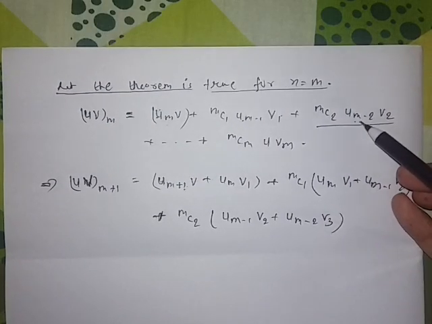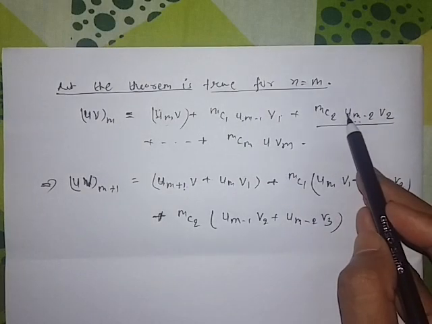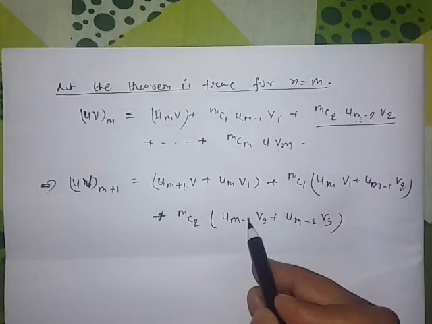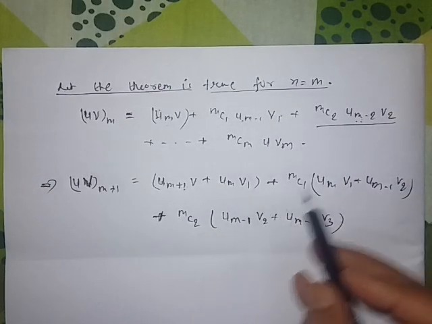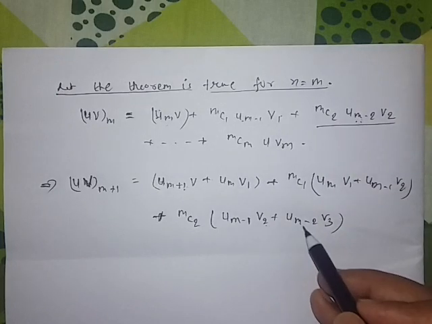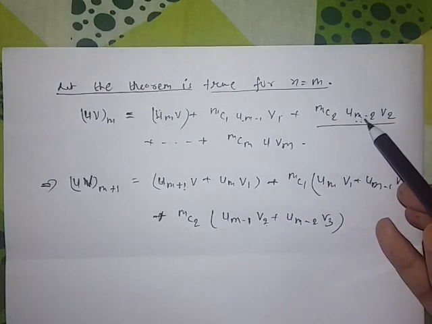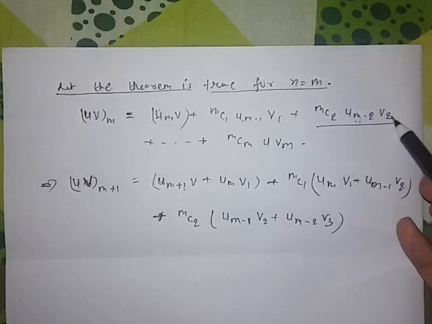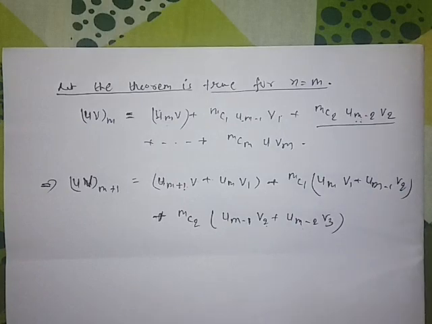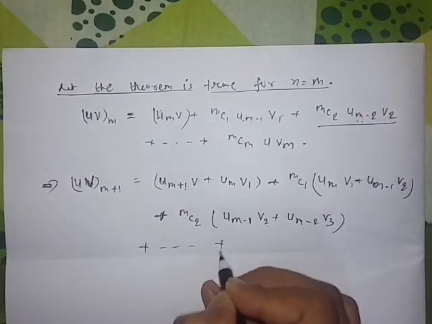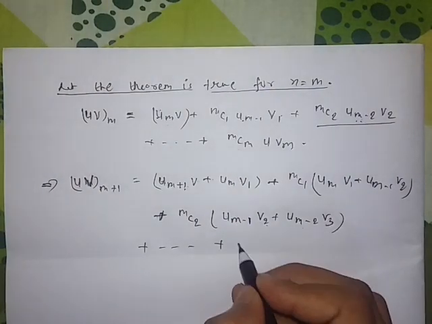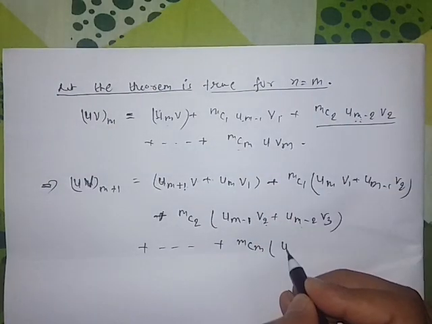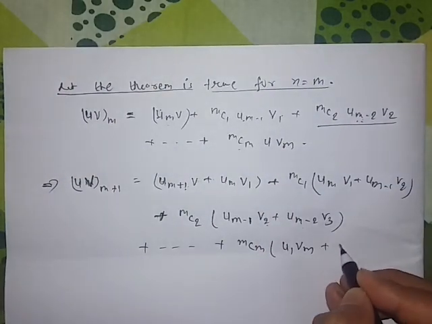Again we differentiate the first term, um minus 2, first time derivative of this term will be equal to um minus 1, and we write v2 without changing anything, and plus we write um minus 2 without changing anything, and we differentiate the first time v2 which is equal to v3, plus dot dot dot we differentiate the last term, and this will be equal to mcm u1 vm plus u